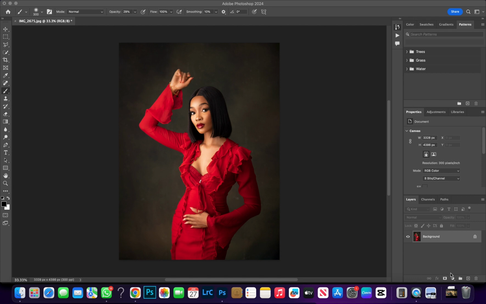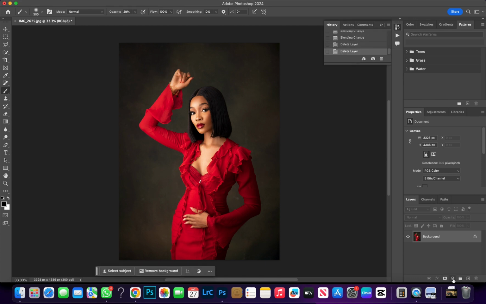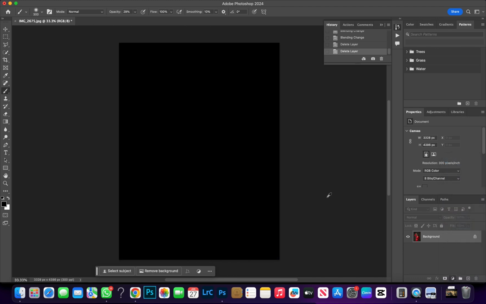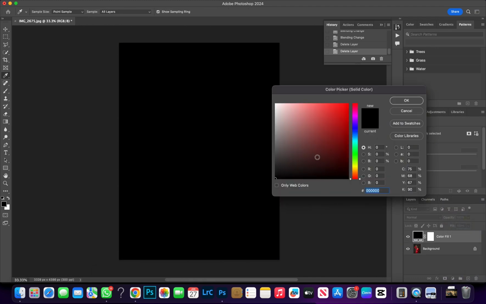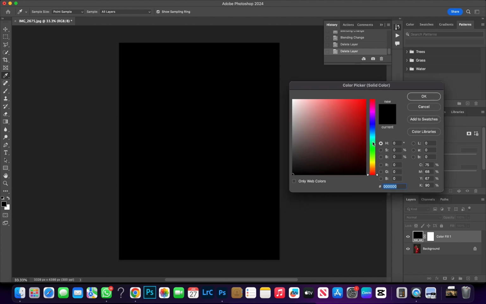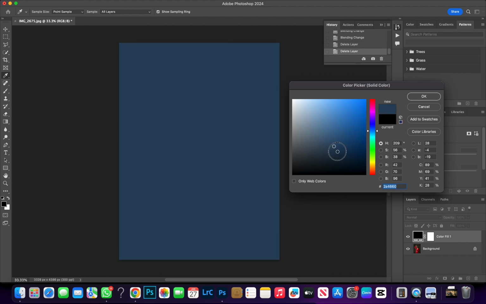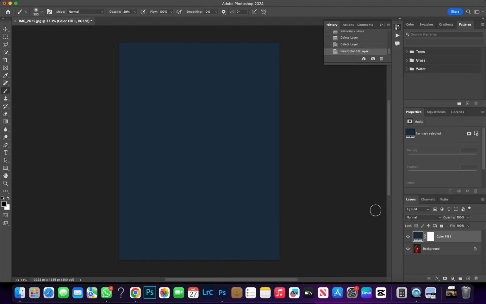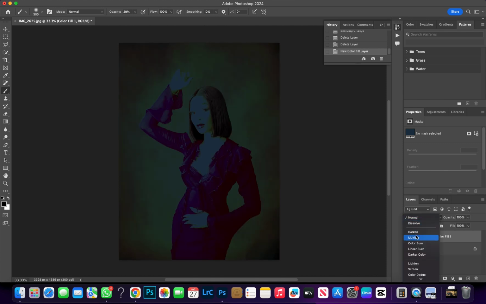To get that, you come down to the adjustment layer icon, click on it, come all the way to solid color, and for this particular adjustment layer, I'm going to pick a color in between the blue and the cyan. So just play around and see which color works for us. I think this looks good, and I would change the blend mode of this adjustment layer to